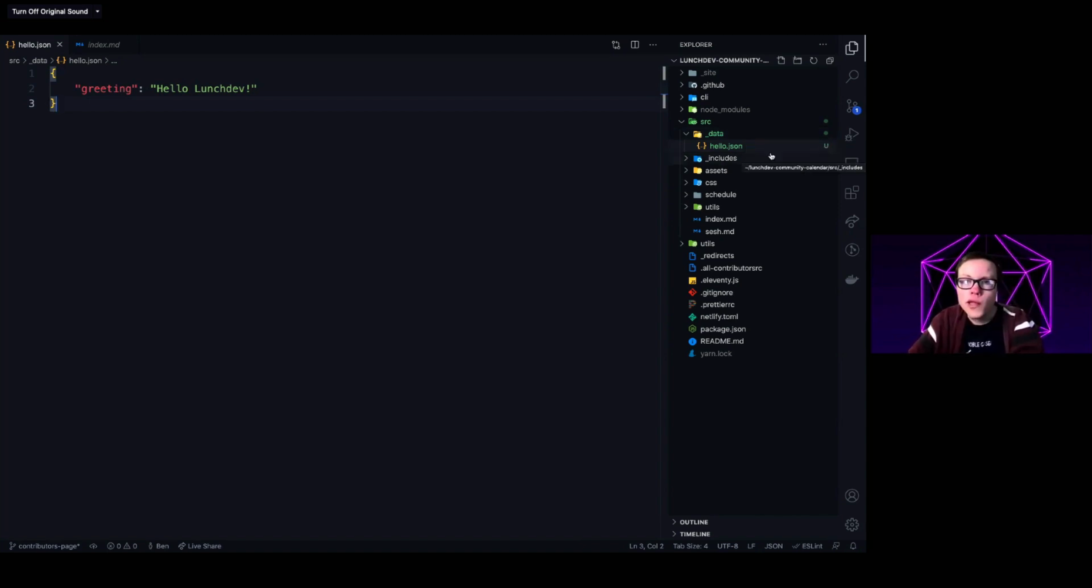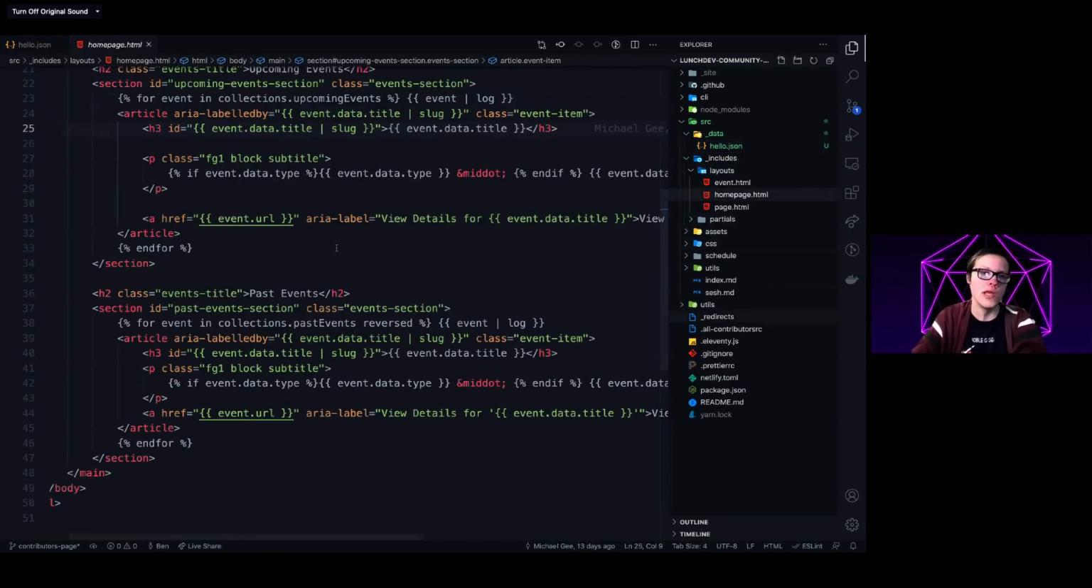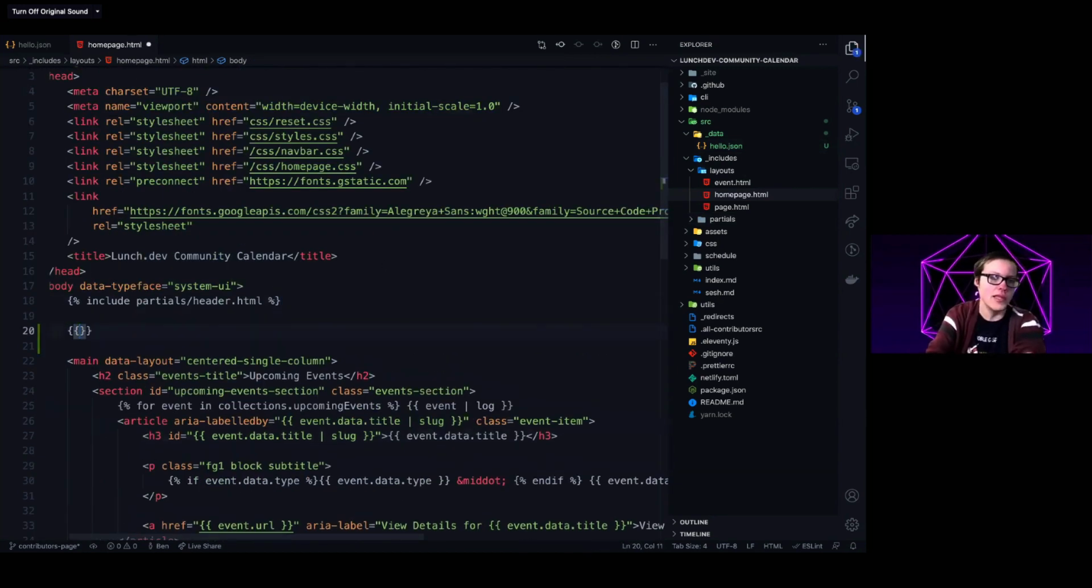All right. The next thing I'm going to do, just to prove that our global data files are working, is pop open one of our layouts. And specifically the one I'm going to pop open is homepage. And we're going to see something a bit fun here. So I'm going to go ahead and inject, interpolate. I don't really know what the best word for it is in the Liquid templating language, but I'm going to